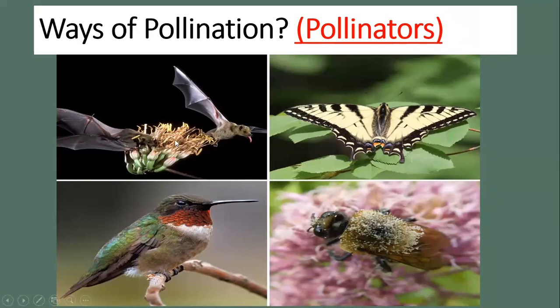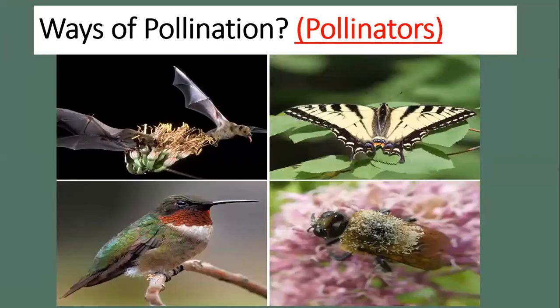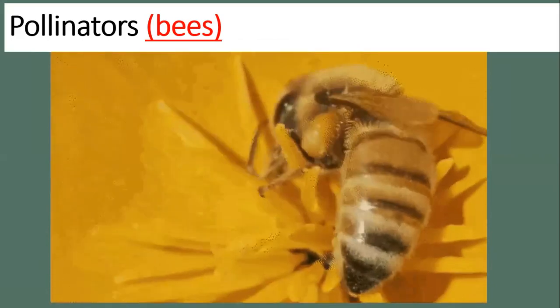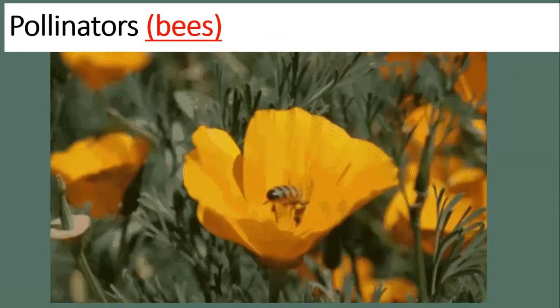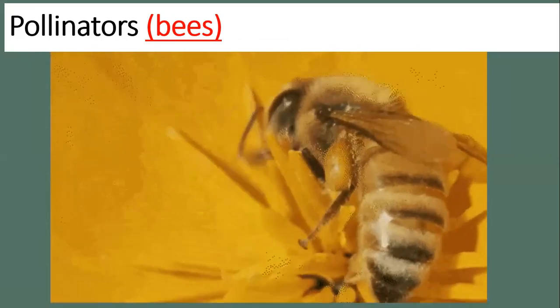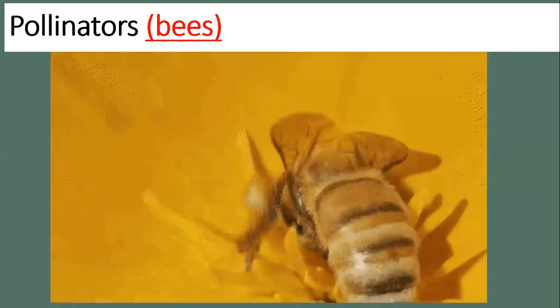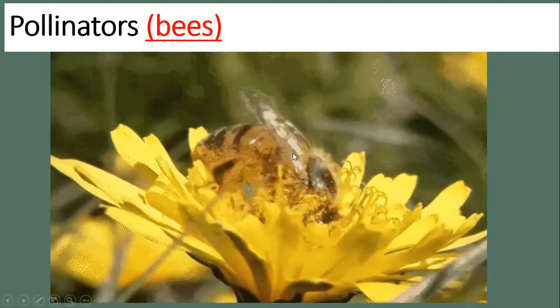Okay, so these are the ways of pollination. These are pollinators. Pollinators, you will understand it more from this slide. At first, look at this slide and then we will explain it. Okay, as you can see here, there is a bee. The bee came to the flower and